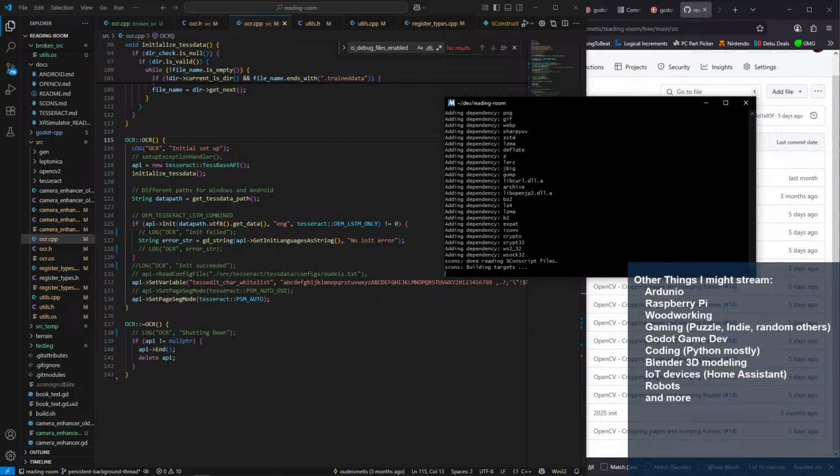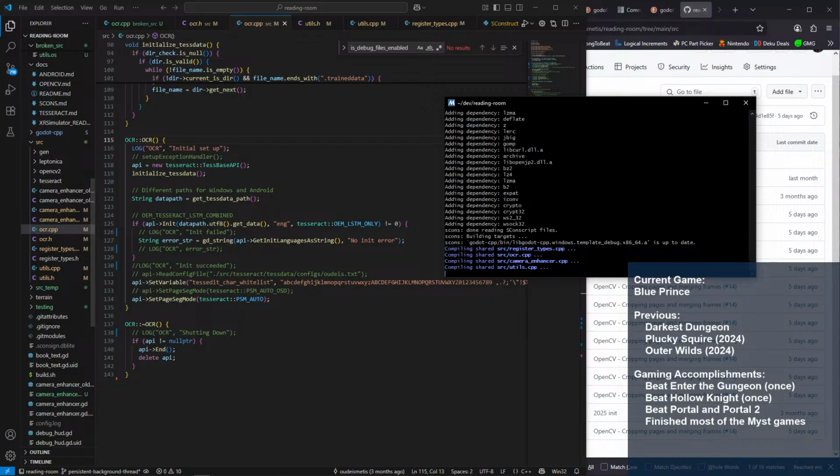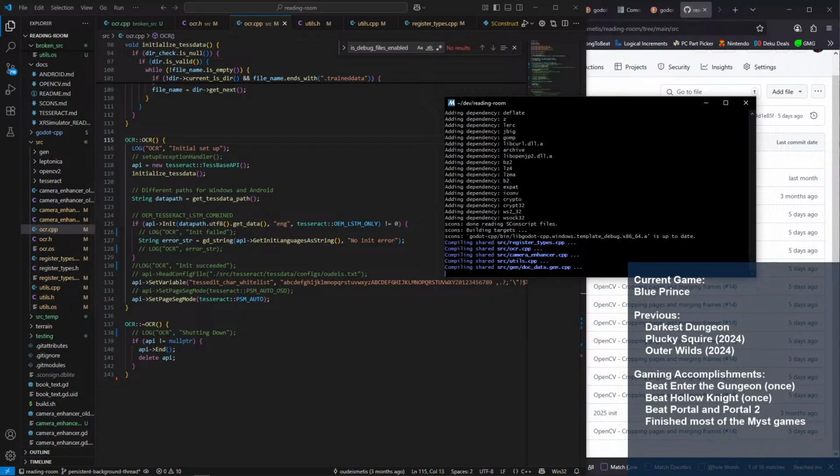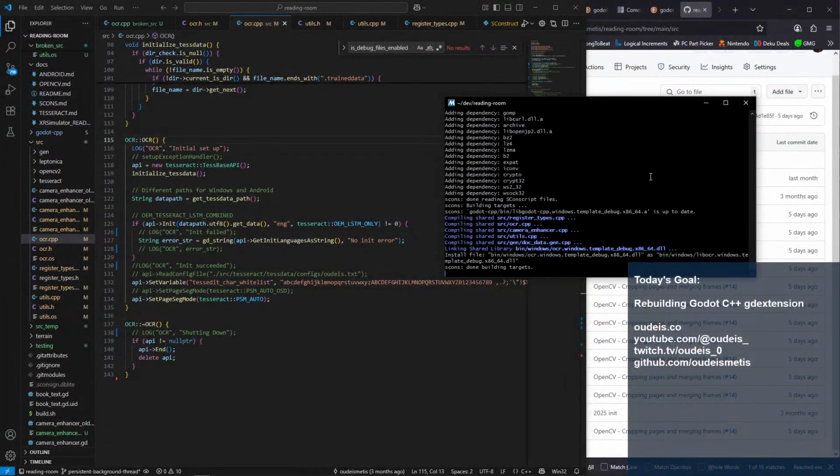If our constructor, and if I see that in initial setup for OCR, if I see that log statement, then that means it truly is working. It's not just smoke and mirrors, or Godot loaded fine, but it didn't actually load the library.